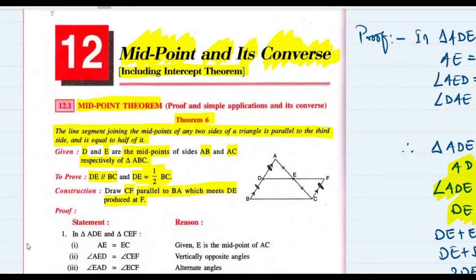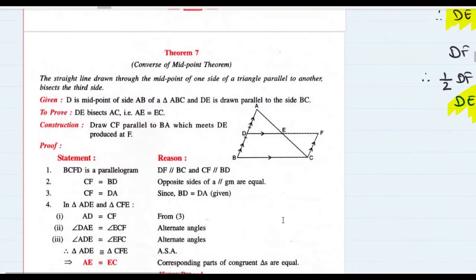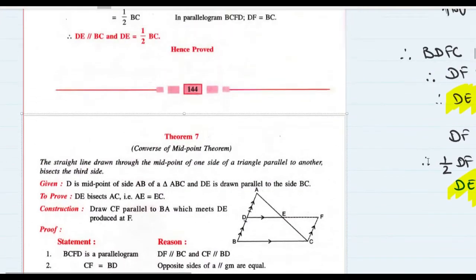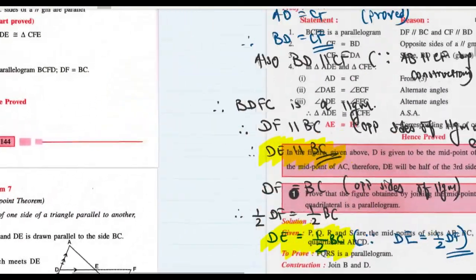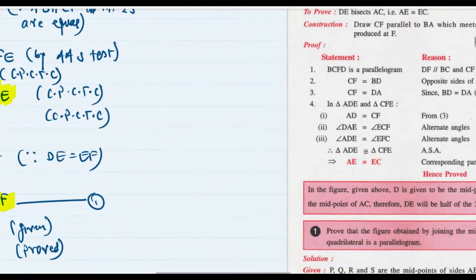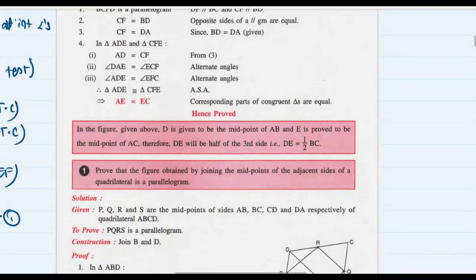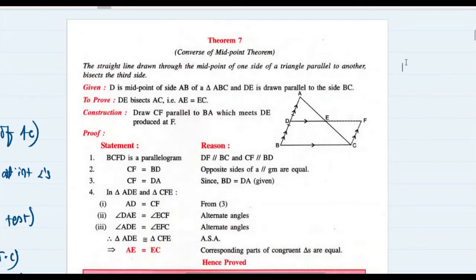तो कोई भी ट्राइंगल में किसी भी दो साइड्स के मिड पॉइंट को ज्वाइन करने वाली लाइन तीसरी साइड से पैरेलल होती है और उससे उसकी हाफ होती है. दैट वी हैव प्रूव्ड. ठीक है. अब नेक्स्ट इज कन्वर्स ऑफ मिड पॉइंट थियरम. Okay, let me take it to the other side. ठीक है. कन्वर्स ऑफ मिड पॉइंट थियरम.